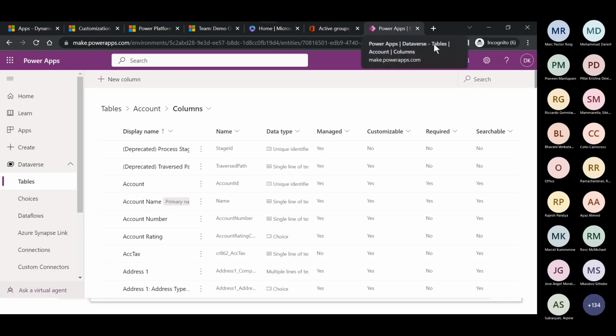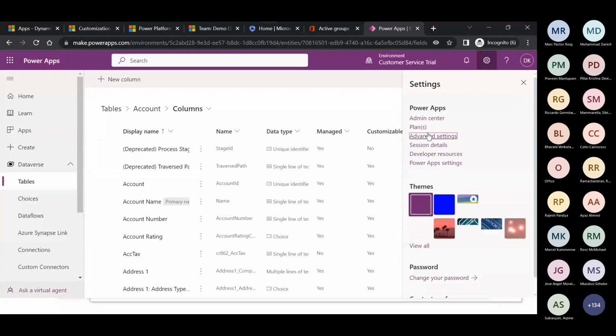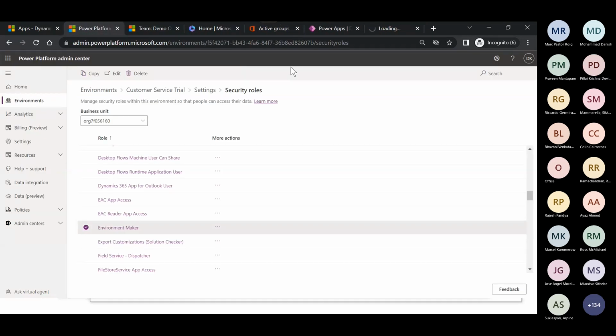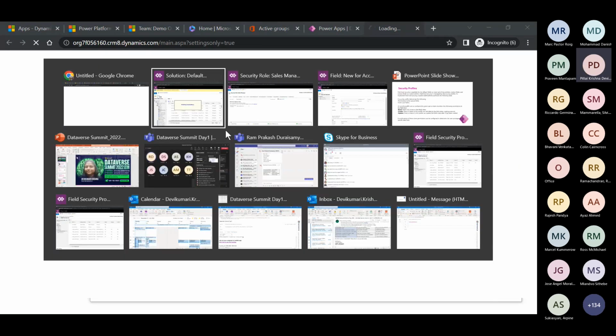Let's give it a while for the publishing to complete. I come back to the advanced settings. Let me kill this session. Okay, while this is loading, I move on to my